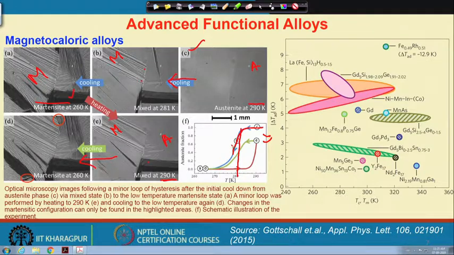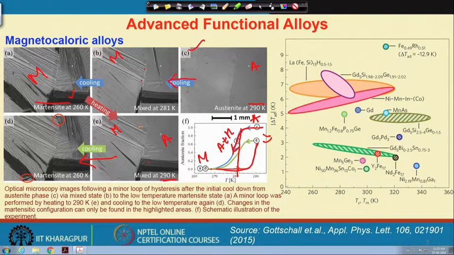So, part of the microstructure is martensite, part of it is austenite. So, I have austenite plus martensite here, here I have fully austenite, and here I have martensite. Now I continuously increase the martensite fraction, austenite fraction goes to 0 to A, and then again I have heated it,